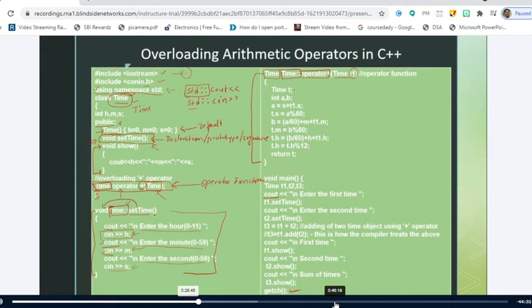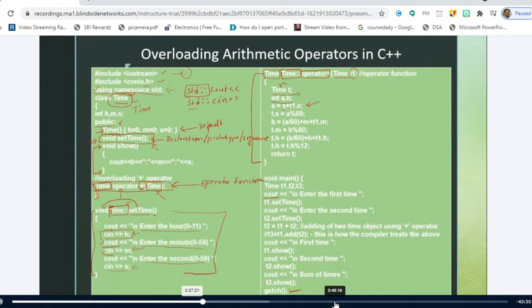So shall I explain this and shall we proceed to the example, or we'll come back again and try to explain this program? Shall I explain this program? Yes, sir. Right. So what is the first statement? He is creating an object T that belongs to Time, right? And he is taking two integer variables a, b, and here he has taken a is equal to s plus t1 dot s. These statements are very important, right? I will tell you why they are important.